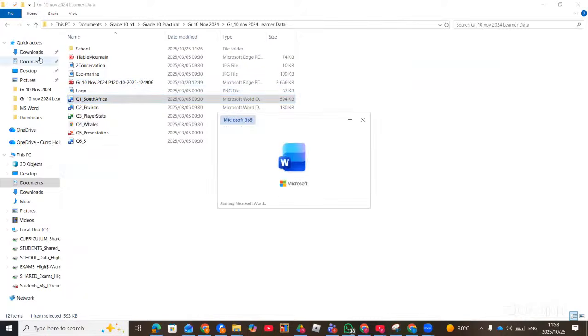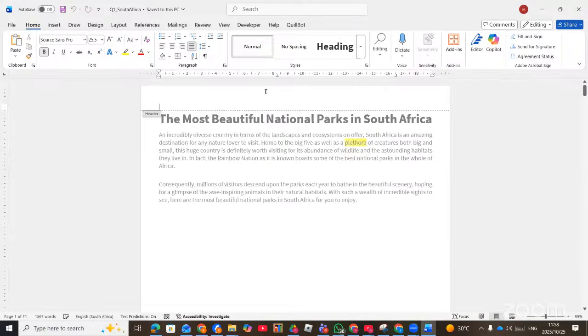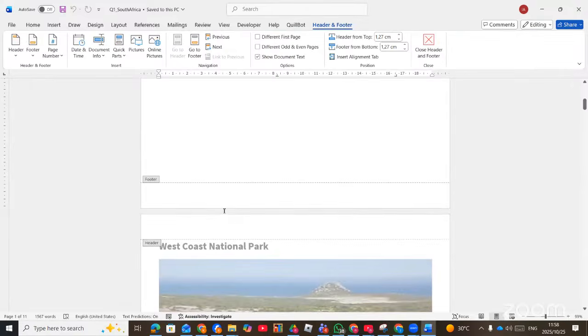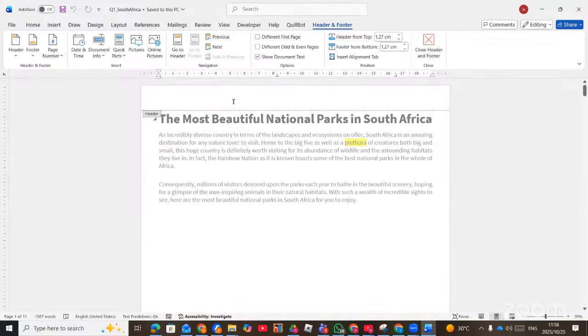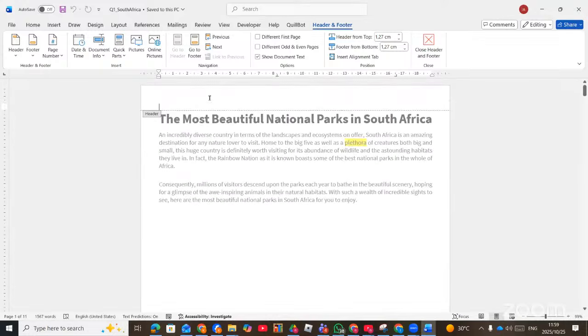Now, to insert document information, it could be on the header or the footer. So you double click on top of your document, and then it's going to open the header section for you, and then it can also open the footer section for you. Now, with the header section or the footer section, they can ask you to insert so much information there. First of all, they can ask you to